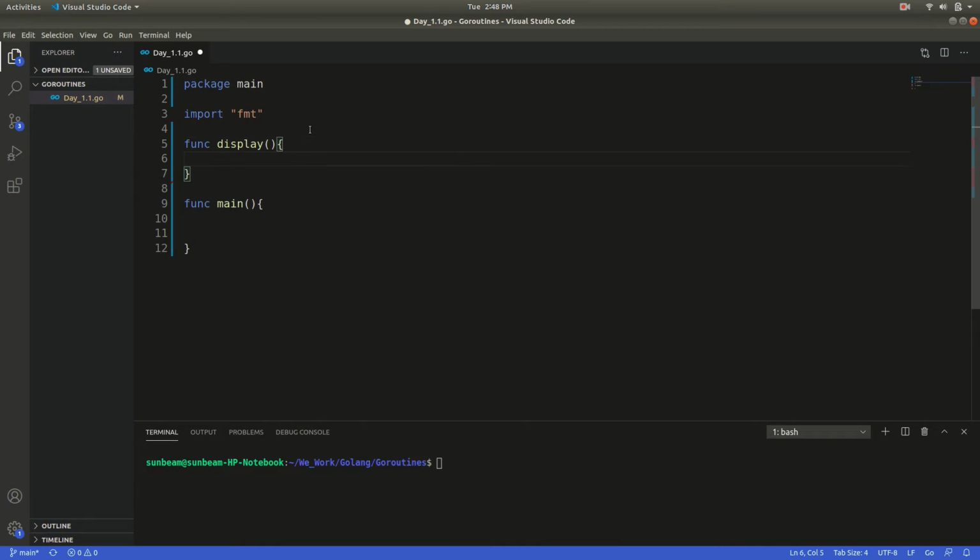In function display, string, okay, we take a loop starting from 0 to 5 and print str.